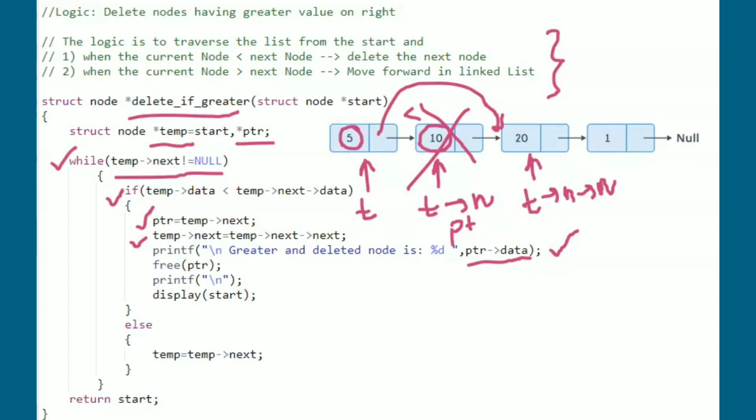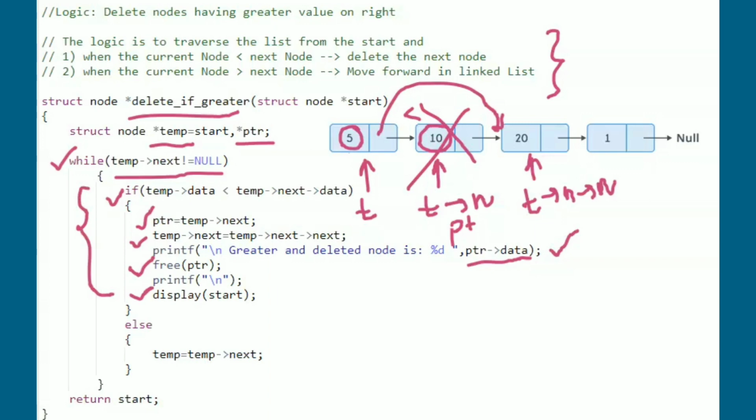After deleting this 10, we want to free the memory allocated for this node. So the statement free ptr is given. After that, after deleting 10, what was the status of our current linked list? If you want to check, for that reason the display start function is given. So that was the first case. That means if your next node has a greater value, in that case you are going to